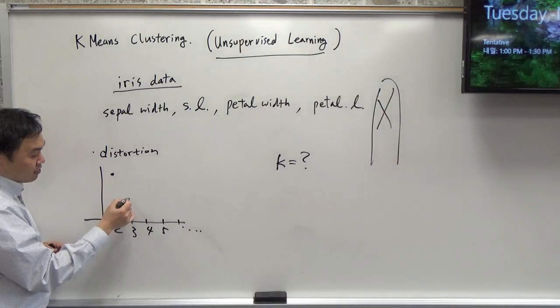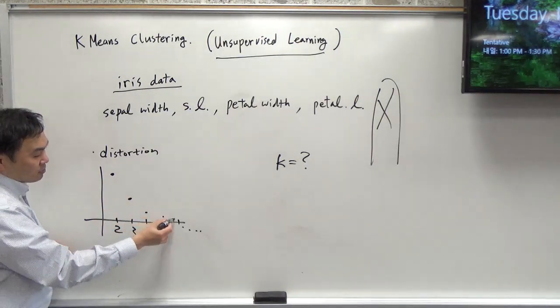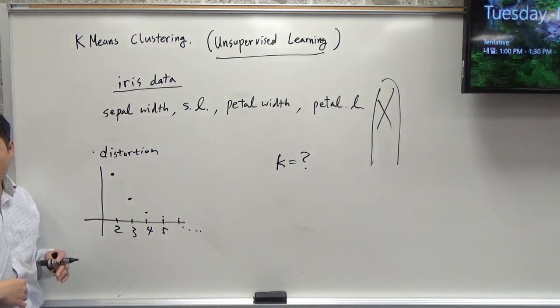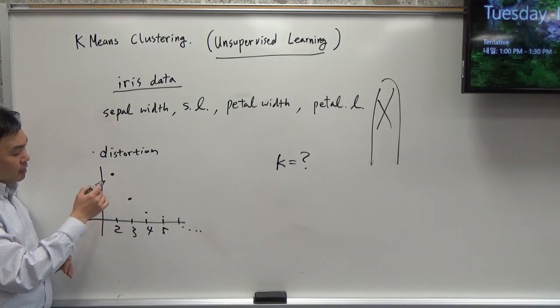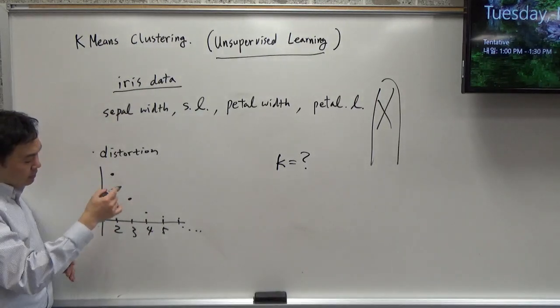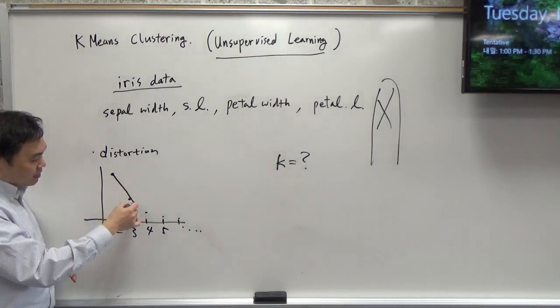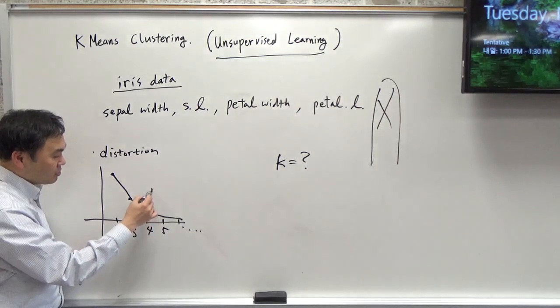And as I've noted, you're going to get values that are going down, because distortions will always go down as you increase your K values. And then at some point you're going to find something that's called a knee. So this point right here is called a knee